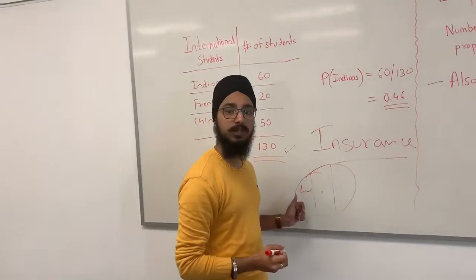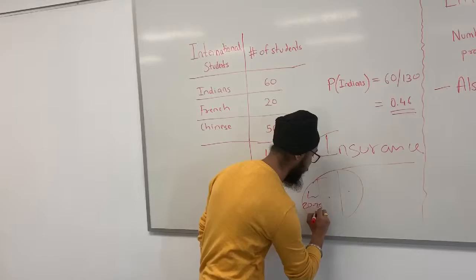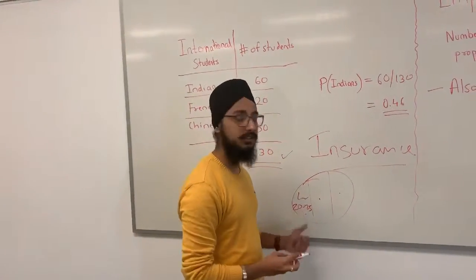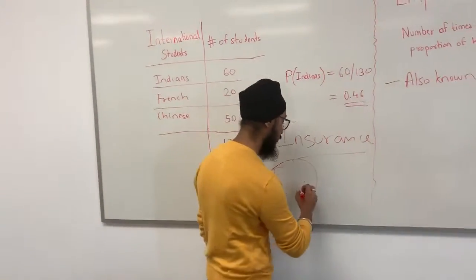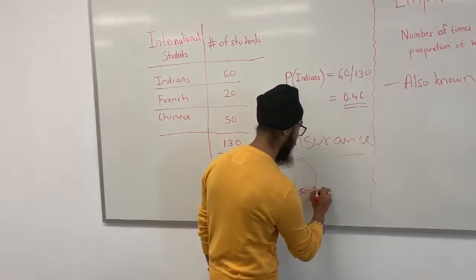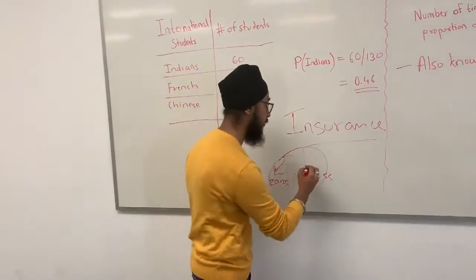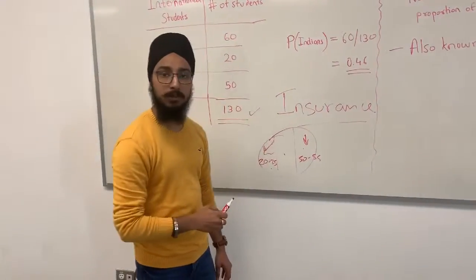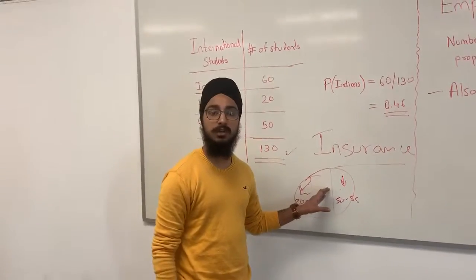It has been found that young drivers between the ages of 20 to 25 are the ones behind more accidents. This is why the insurance is really high here. The age group between 50 to 55 is less prone to accidents. That's why the insurance rate is really low. So this is where empirical probability is used. Now, empirical probability is not really easy to use.